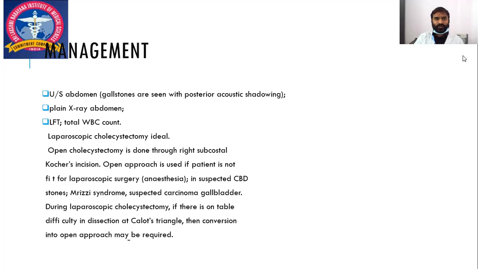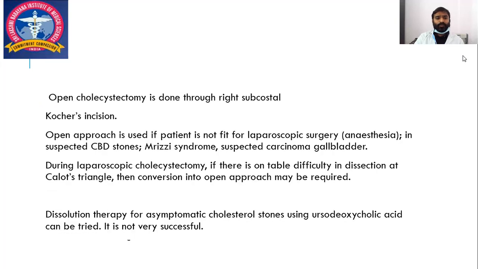It's now emerging as robotic also. Most of the centers nowadays are doing only lap chole, and open cholecystectomy is done through a right subcostal Kocher's incision. Open approach is used if the patient is not fit for the surgery, either having anesthesia complications or some age complications, or if there is suspicion of having CBD stones or Mirizzi syndrome